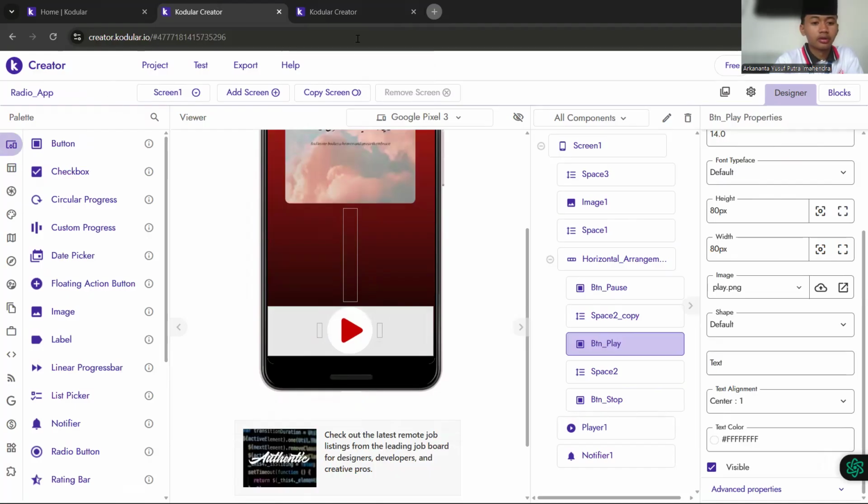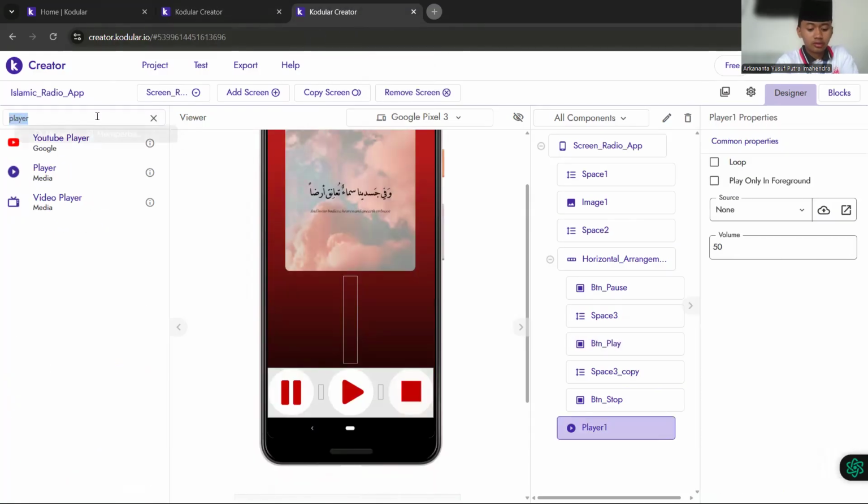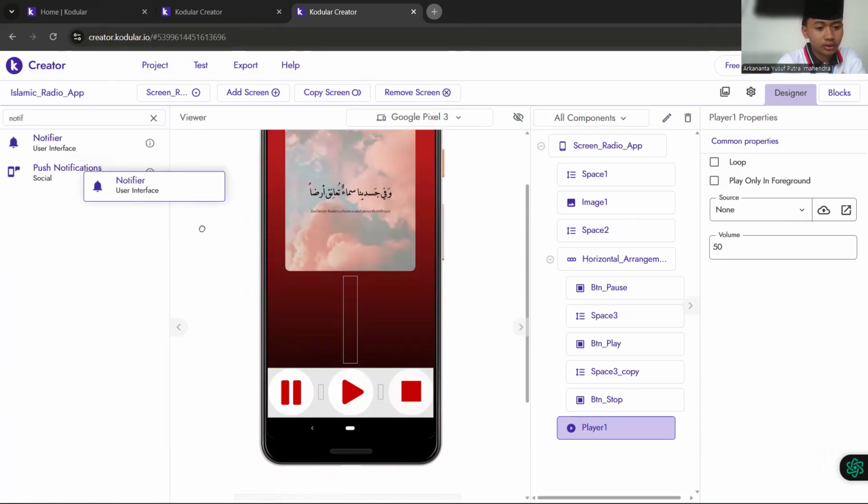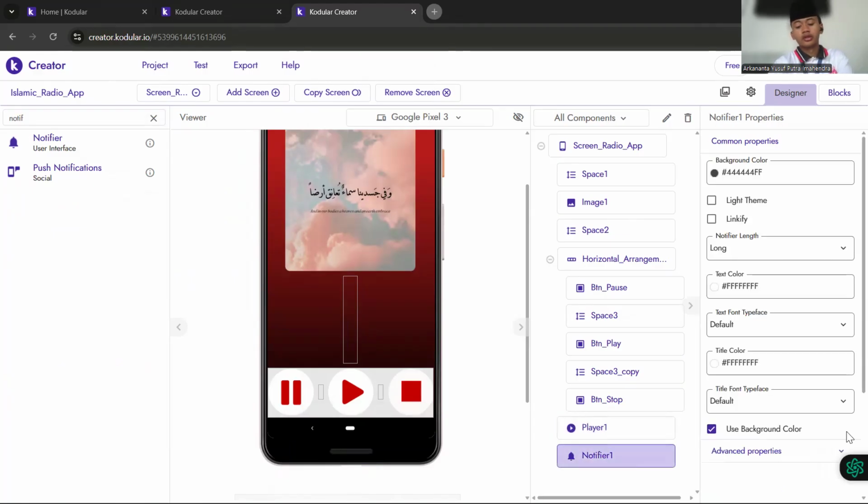Yes, notifier. Okay. So if all of you have it like this, you can go to the code, that is blocks.